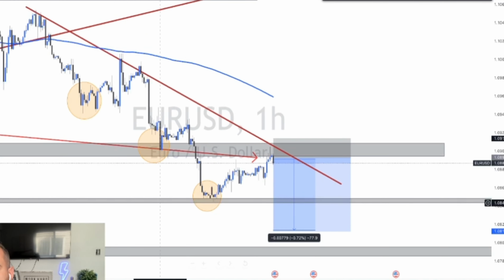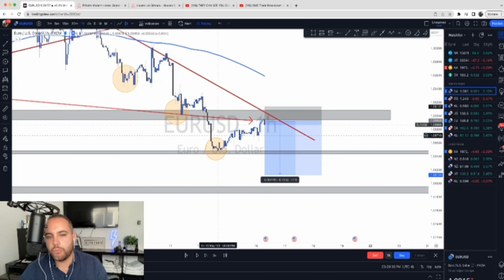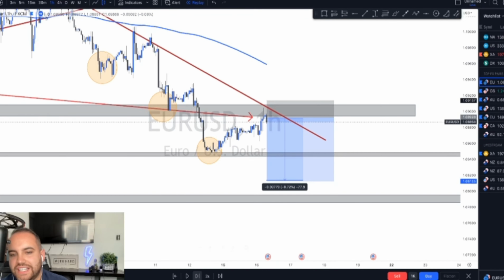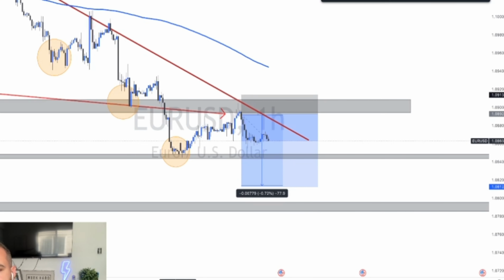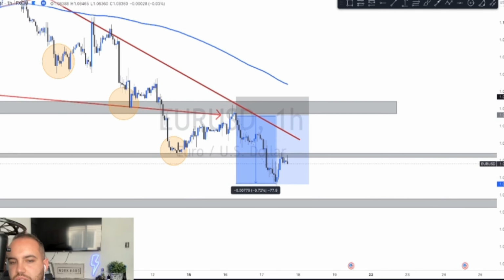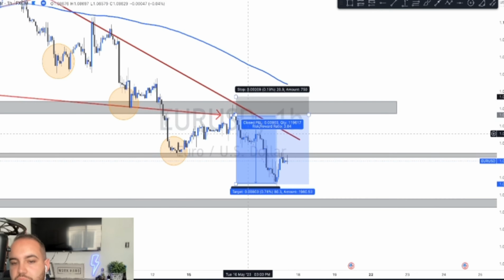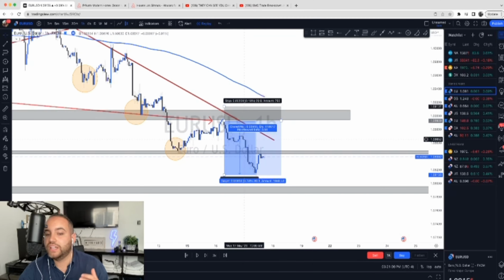We were only risking 20 pips. We were at a resistance area. We had a clean break of structure, strong momentum break, waited for price to slowly push back up. We play this out, you guys could see how price went exactly as expected, over 77 pips in our favor. Now, is it always going to go like this in our favor? No, not necessarily, right? Sometimes, like I said, this is why we have to wait for confirmations, but this is a great example of a perfect risk reward ratio. 3.8 risk reward ratio, only risking 20 pips to potentially make over 80 pips profit.